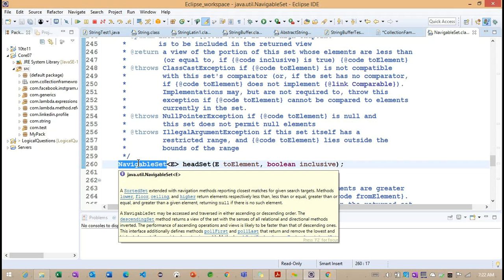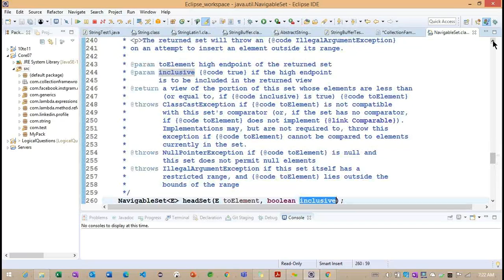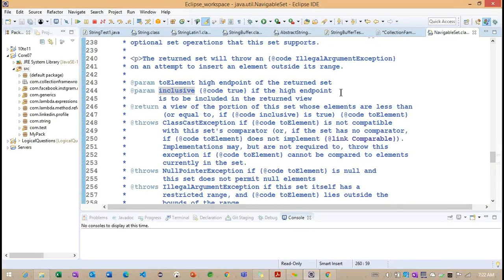It will make the element equal, it will make the equal operator. So now you can see this inclusive, here we need to check. The highest element is going to be included into the navigable set here.